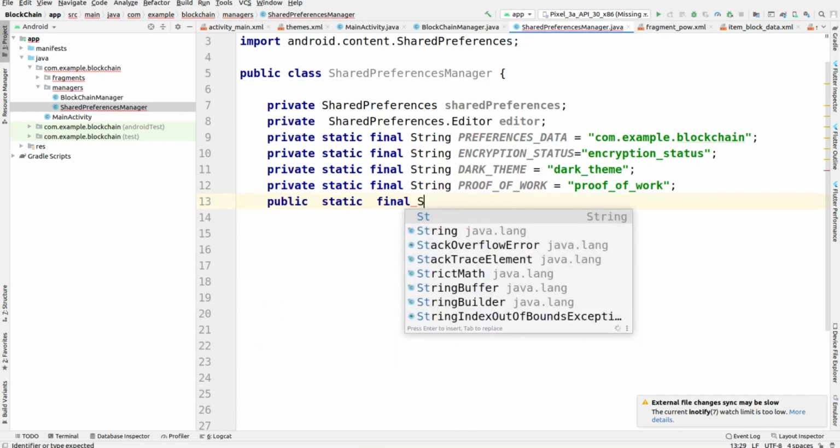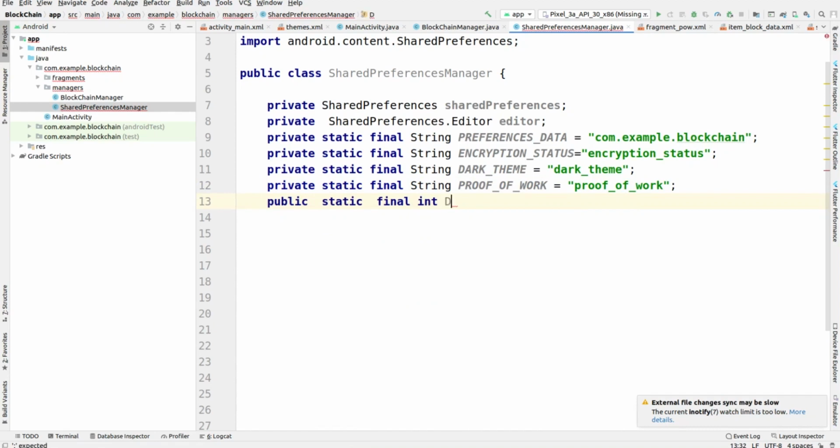After that we have to make another variable called default proof. Let me give some value to that variable also, it is 2.